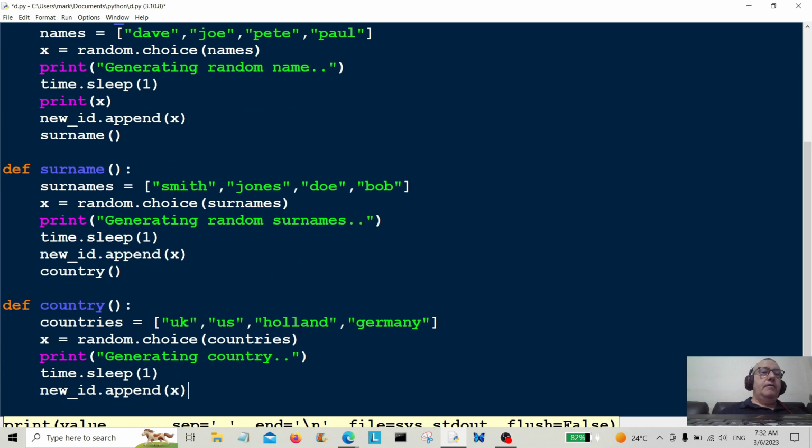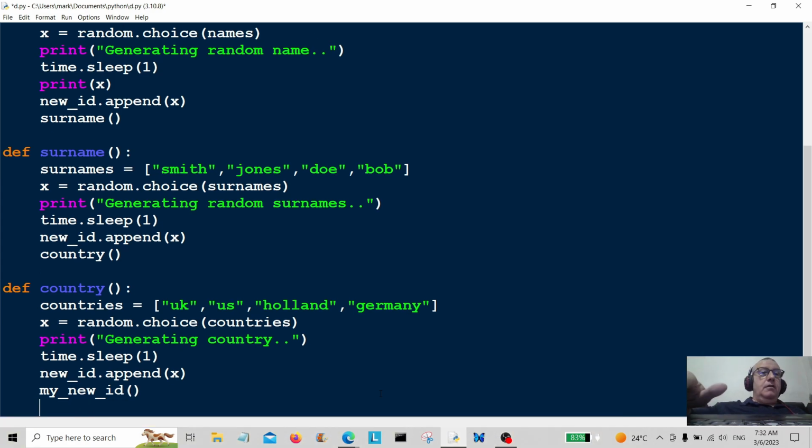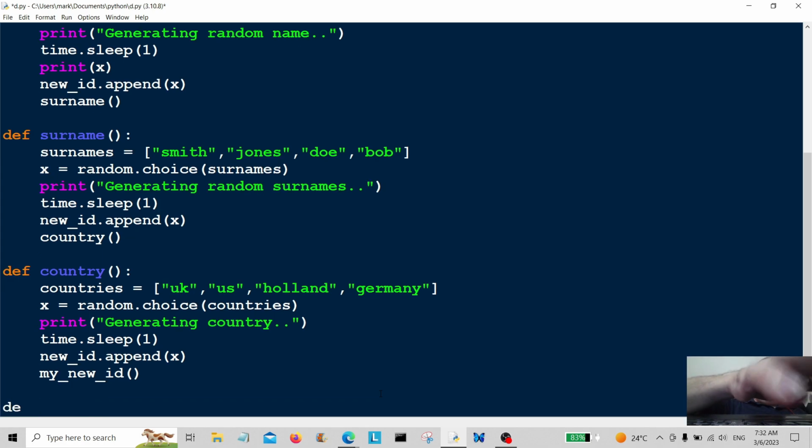We're going to do the last function now, and the last function is going to be called my new ID. Okay, my new ID, let's call it that. Let's go down a little bit further. So create the function my new ID